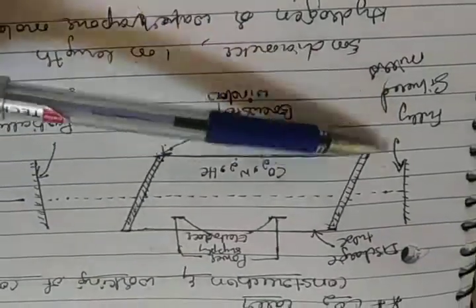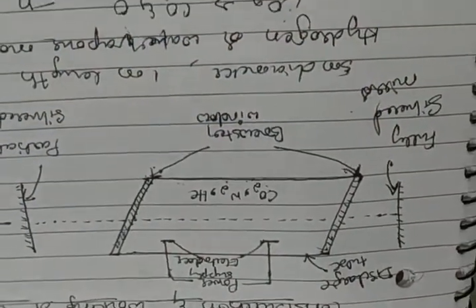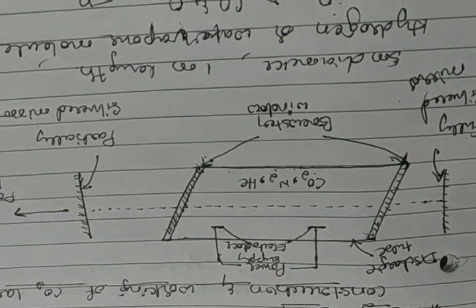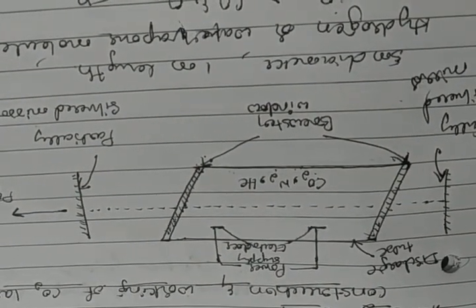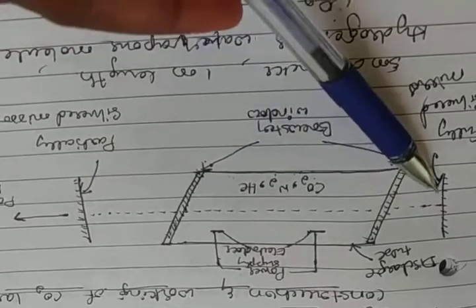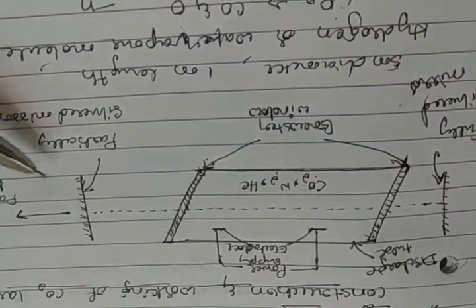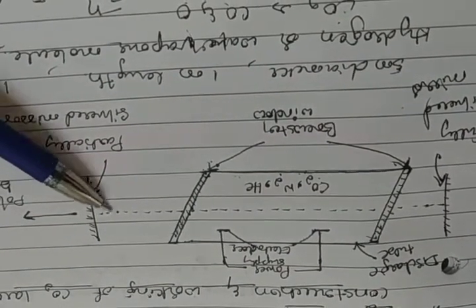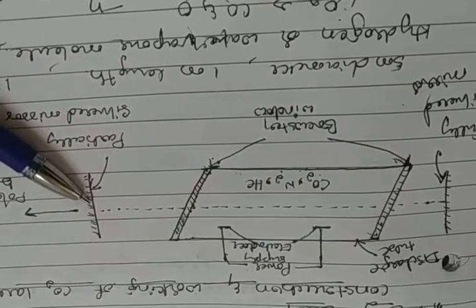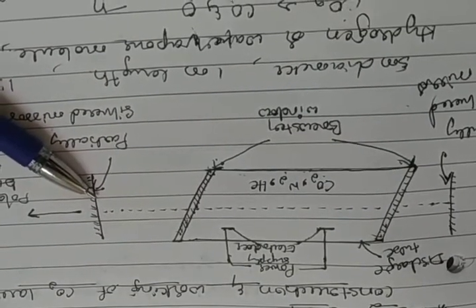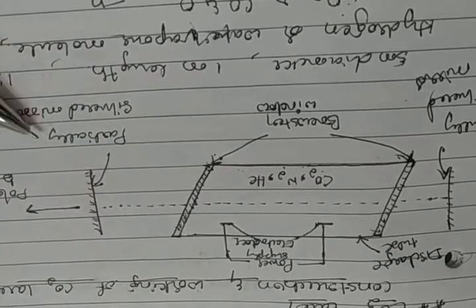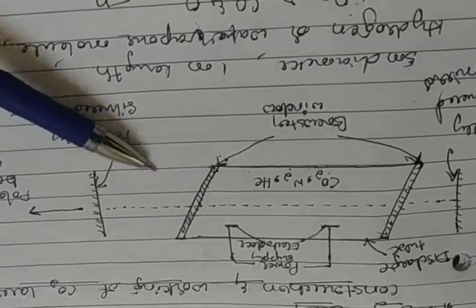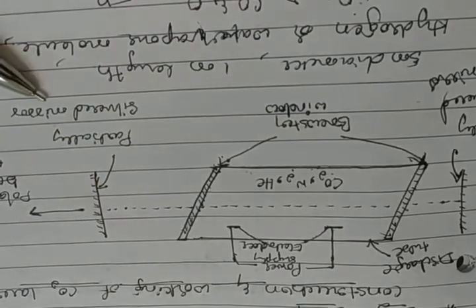Okay, and the use of the fully silvered mirror is that light incident on the fully silvered mirror is reflected from it. But in the partially silvered mirror there is light transmission. During transmission it absorbs some part of the light, so it transmits only 1% of the incident light from the partially silvered mirror.